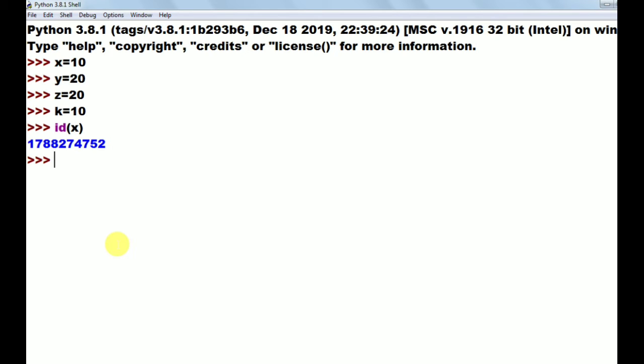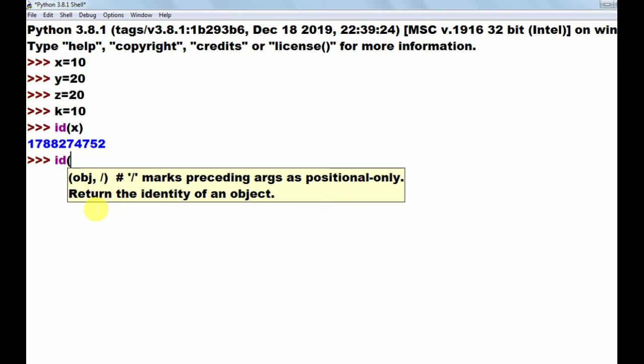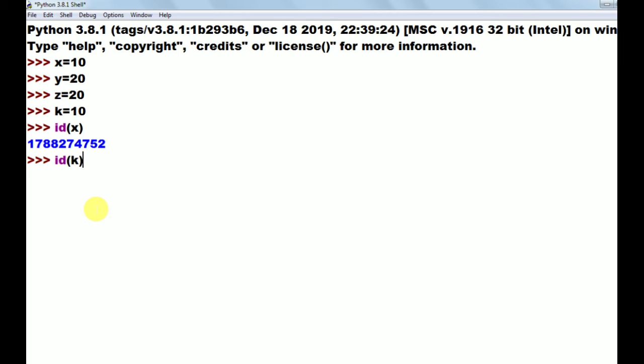I am writing id of k. K value and x value are the same. If you observe here, k address and x address both are the same. So both x and k are pointing to the same memory location. With this we can understand that 10 value is stored only one time, and that memory location's address is in x and k.